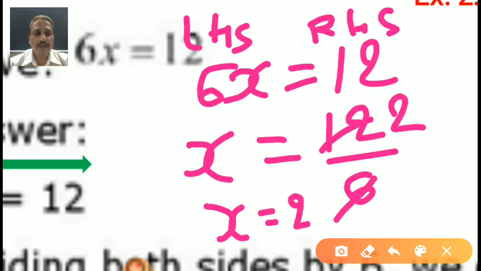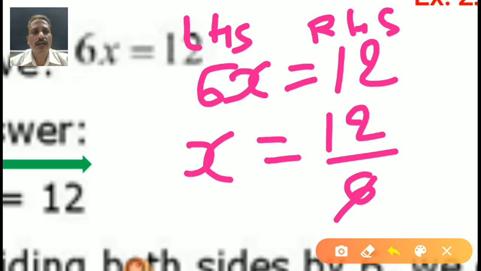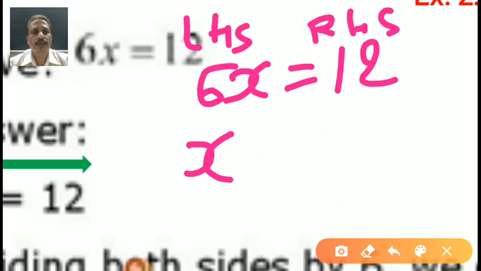The second method we can also discuss, because some students are still confused about which method to use. You can select any method. The answer remains the same. Let us move to another method to find the answer. Okay, 6x on the left side, and 12 on the right. I want to remove the number 6. Now check, 6 is in multiplication. If it is a positive number we put negative, if negative we put positive.